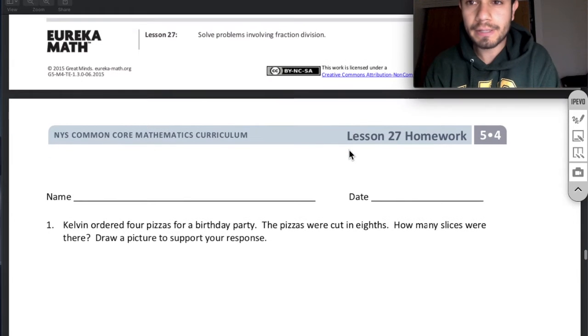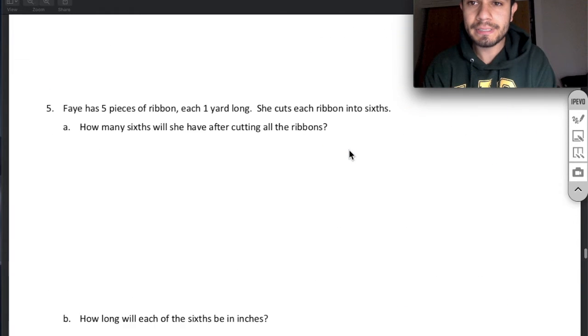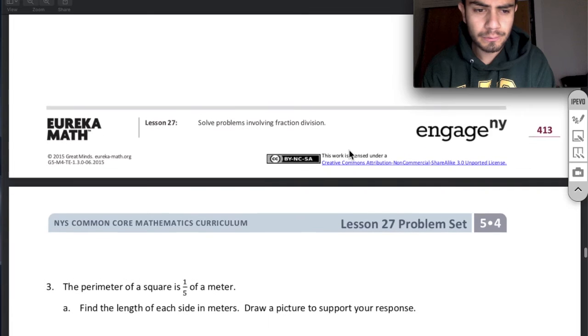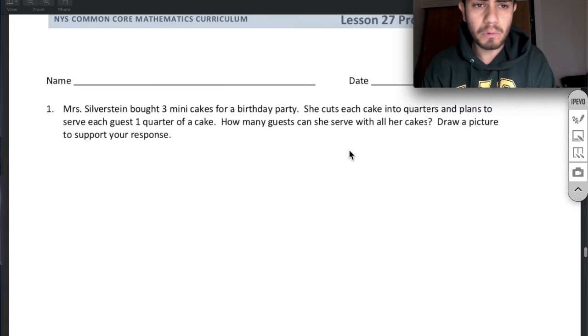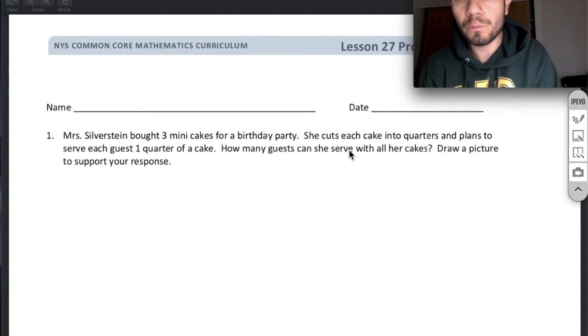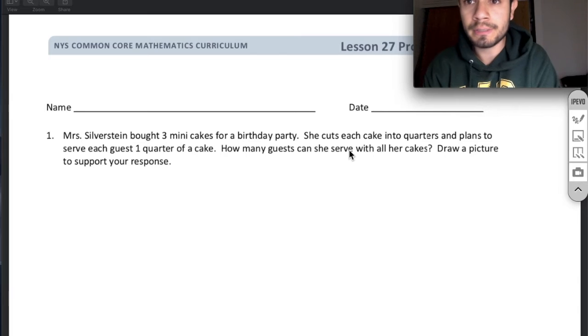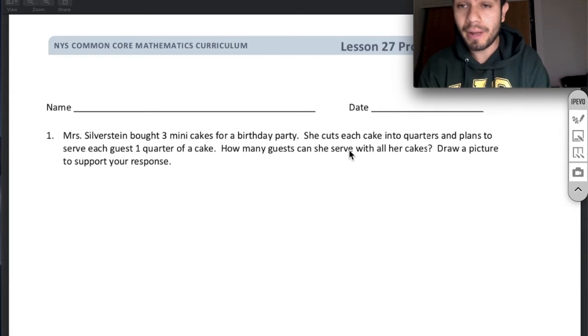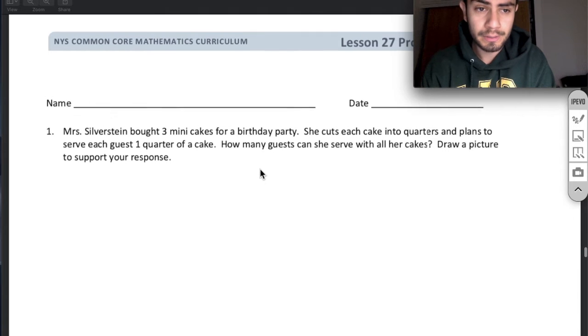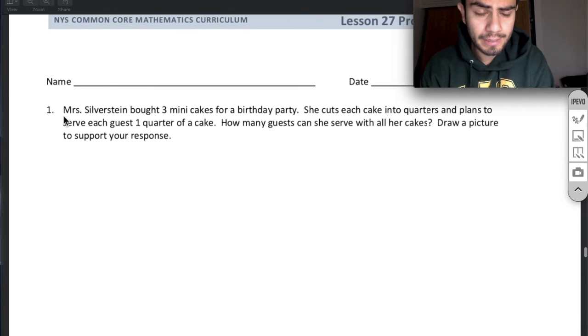Now, we're going to take a look at lesson 27. And lesson 27 is word problems that have to do with lesson 26, so dividing fractions by whole numbers. So if we take a look at number 1 here, the problem says Miss Silverstein bought